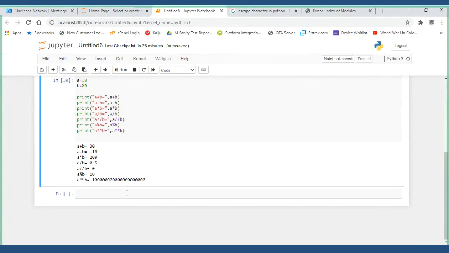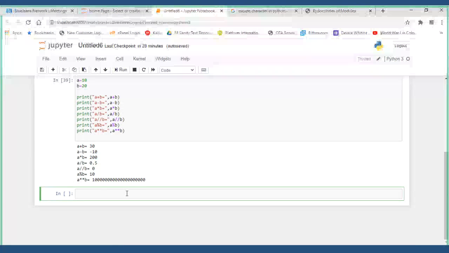Already we have discussed, but I want to give you a heads up. Is it possible for you to add a string and an integer? Is it possible or not? Straight away, you guys tell me. Is it possible or not? You should be able to append, but not add.